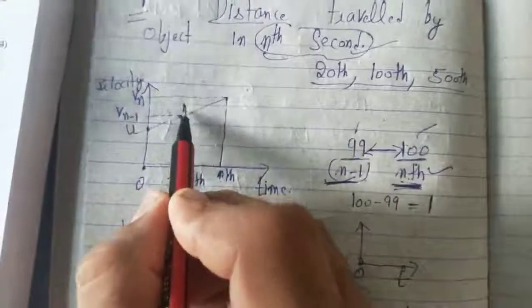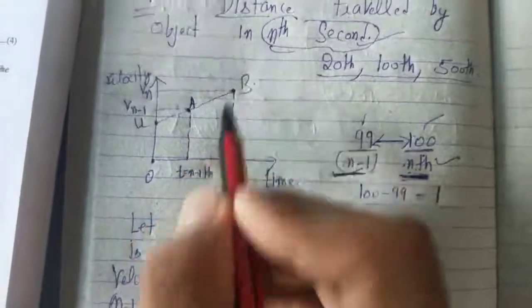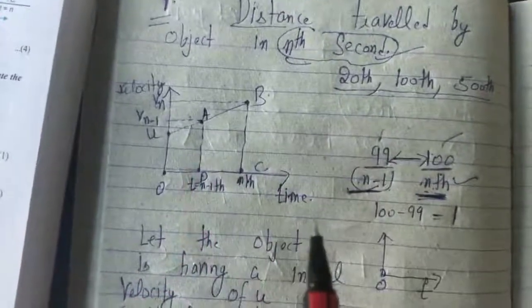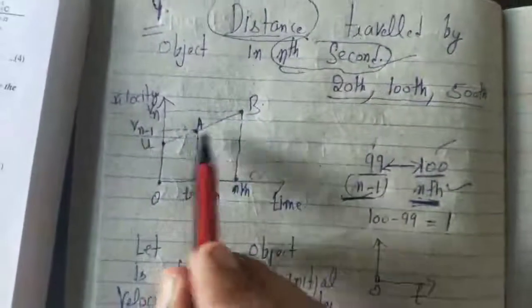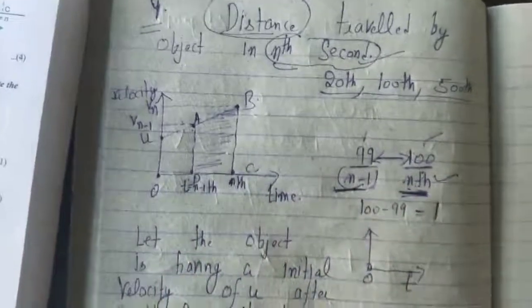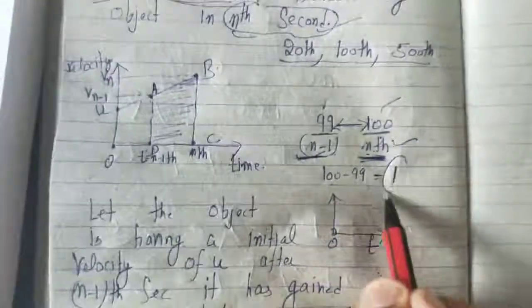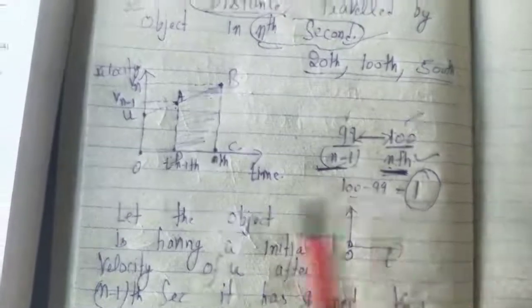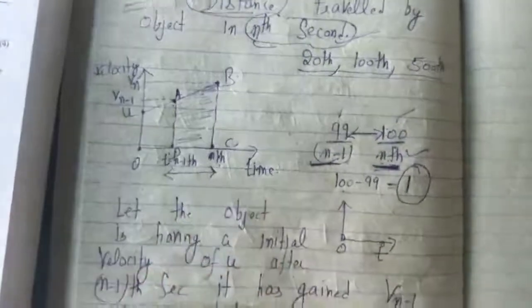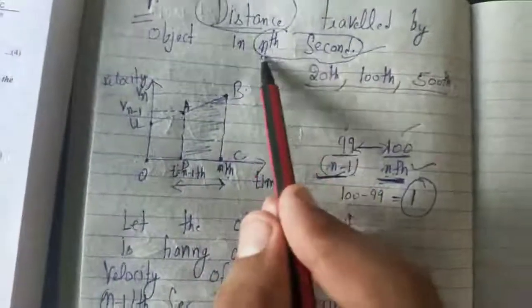so you make it point A, you make it point B, you make it point C, you make it D. So this is a velocity time graph. So your target is to find distance. So the area under the velocity time graph, because I will be considering only the 1st second, I need only one second. So nth, n minus 1, this is only 1 second, because my target is to find the distance in only 1 second. That 1 second can be anything, it can be any second.